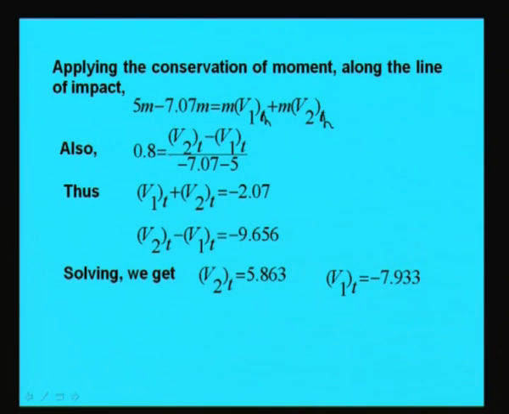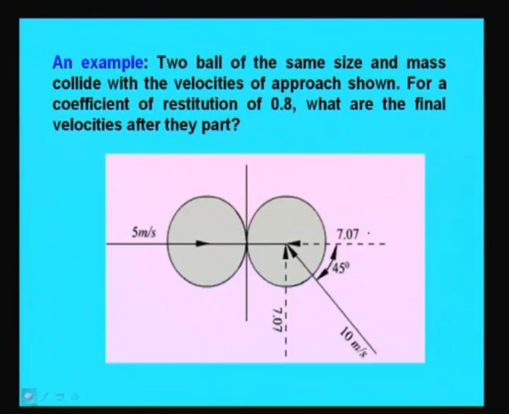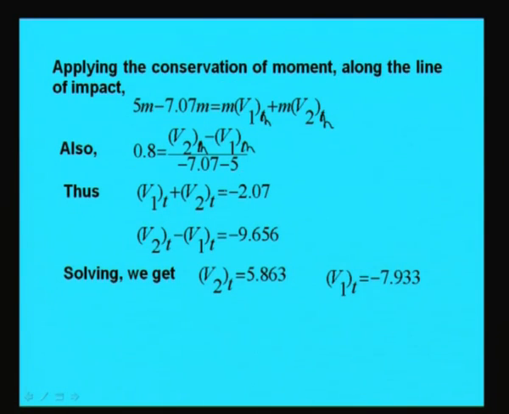So, therefore, 0.8 is equal to (v2n minus v1n) divided by, in the beginning, minus 7.07, because this is minus 7.07 and the other is minus 5. So, velocity of approach, they are approaching towards each other with that 7.07 plus 5. So, it gets added. So, therefore, we have V1n plus V2n is equal to, from the first